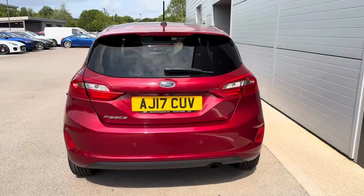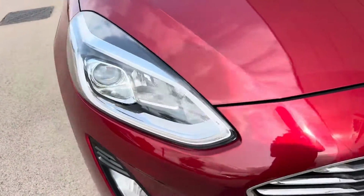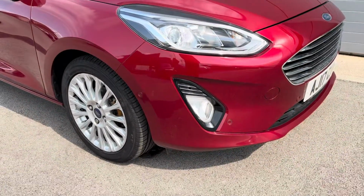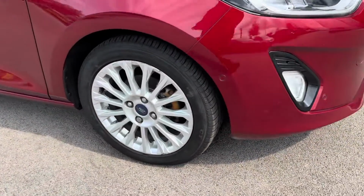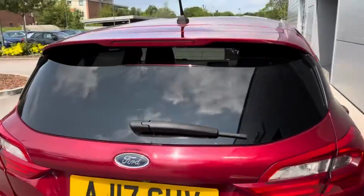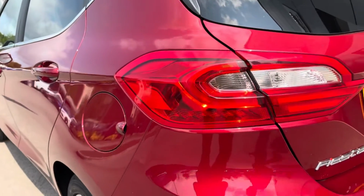Up front, the Fiesta features halogen projector headlights with LED daytime running lights and cornering front fog lamps, helping you stay visible and safe. The 16-inch alloy wheels strike a great balance between comfort and agility, providing excellent road feedback and enhancing the Fiesta's charm. At the back, you'll find LED rear lights with night signature, a color-coded rear spoiler and rear